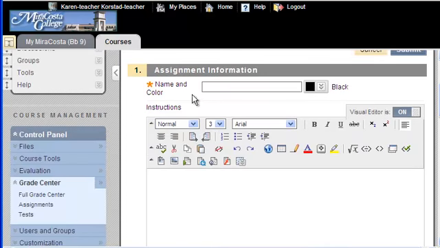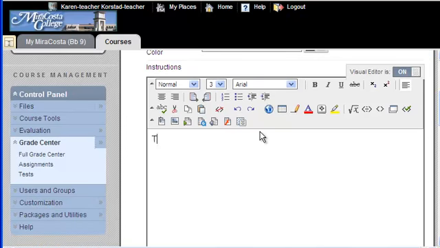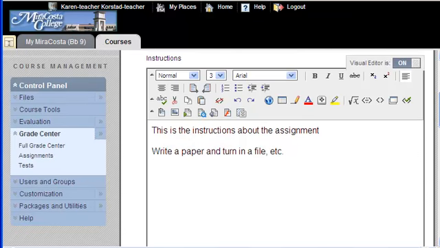In the name box, you're going to give the assignment name. I'm going with Assignment 1. In the box down here, this is the instructions about the assignment. Okay, so scrolling down on the screen here, I have my instructions in there, and it's your standard WYSIWYG toolbar